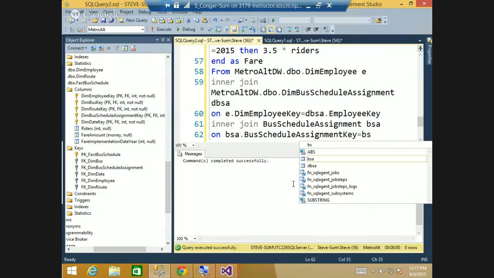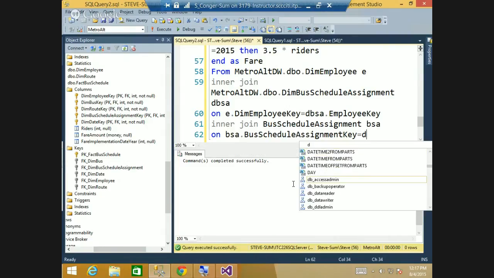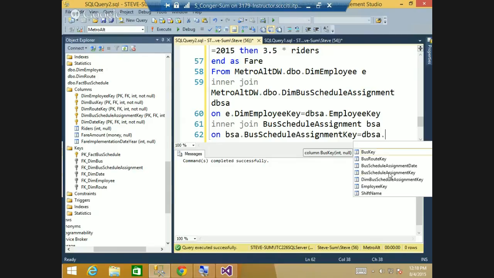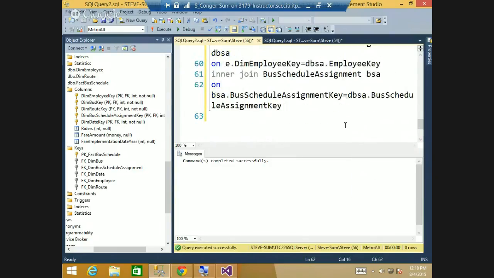So DBSA. So I'm linking the DIM and the other one through the bus schedule assignment key. And then I'm going to link to riders. And the main reason I needed to do that link was to get to the riders, which is